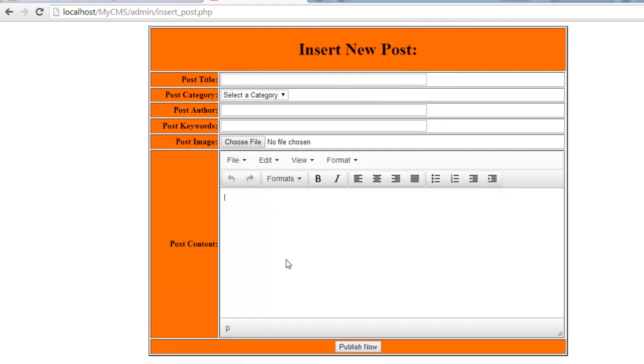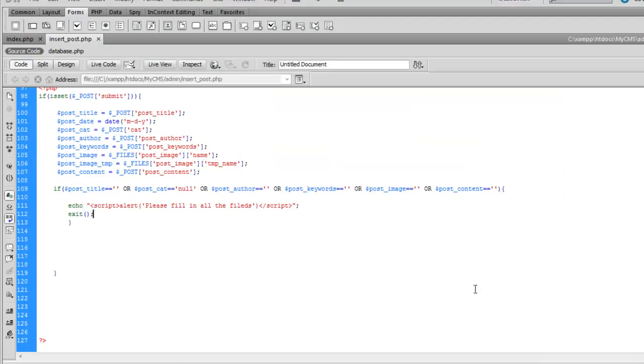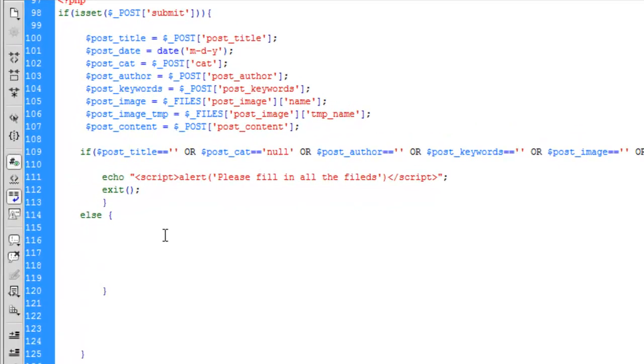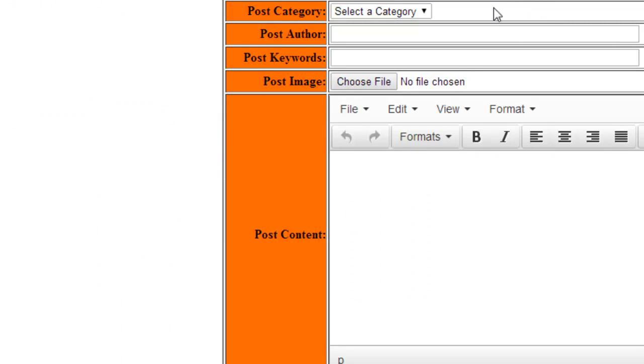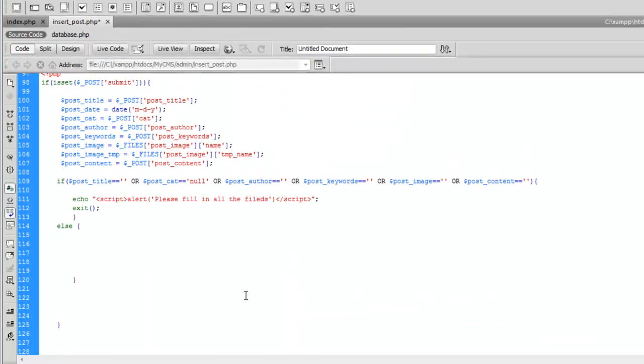So okay, there is nothing. Now the form has been validated. Now the next thing, when you say do this, if not, then we will say else. Else what to do? In the else condition, if all the fields are not empty and data has been added, so what to do then? We are saying that okay,